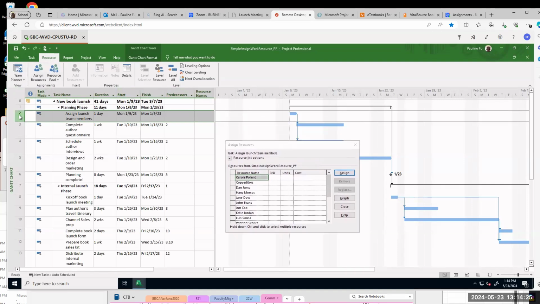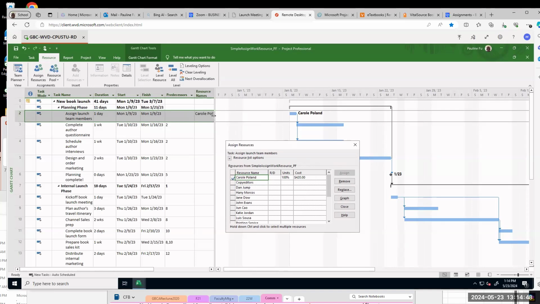After that, you select task 2. Locate carrier Poland, then click assign. That's it. See, carrier Poland is here, assigned.